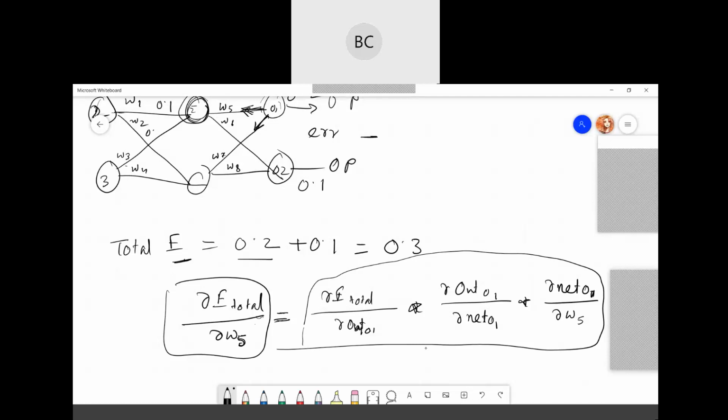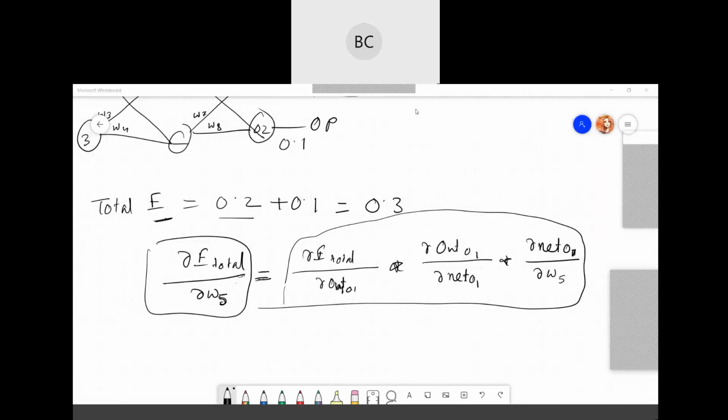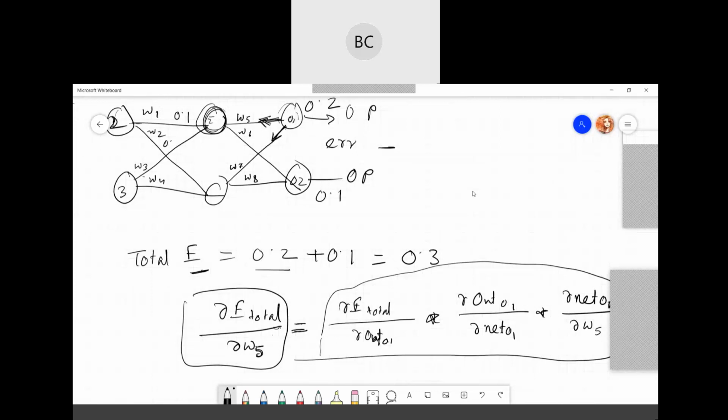It's a bit of a long process. I can give you a link to find out how we calculate this, and I also have a video on that. I'll give the link, I forgot. Anyway, this is all about backpropagation. At least you should know how it works. Is the concept clear? The gradient descent, gradient, then learning rate.